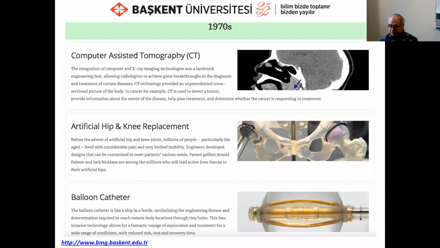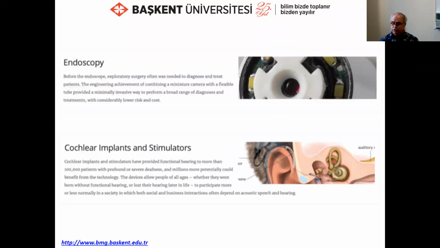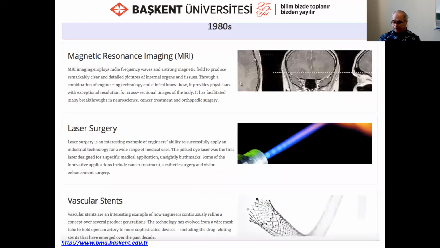And catheters are also very important for operations, especially those related to cardiology. These catheters were discovered during that time. Endoscopy and other cochlear implants and stimulators progressed during that time. And in the 80s, magnetic resonance imaging, I mean MRI,